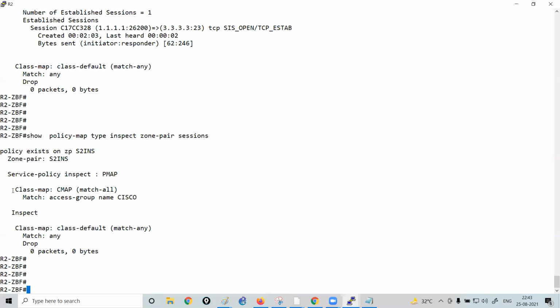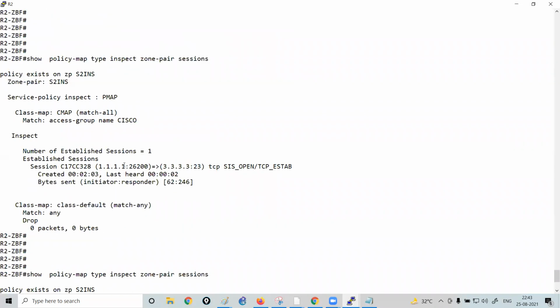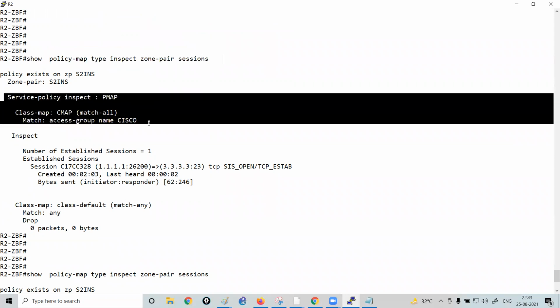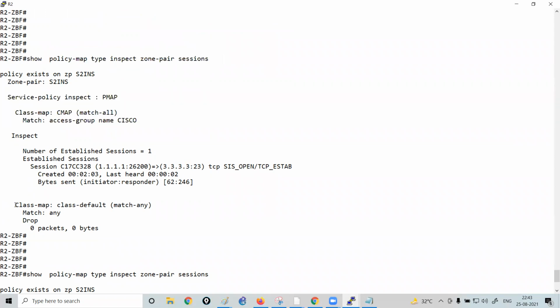Now, let's talk about this in more detail. When I run the command show policy-map type inspect zone-pair, you can see this is the configuration we have performed. But did I create a class map with the name class-default? Did I create anything like this?